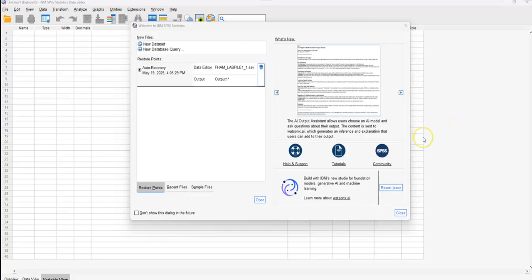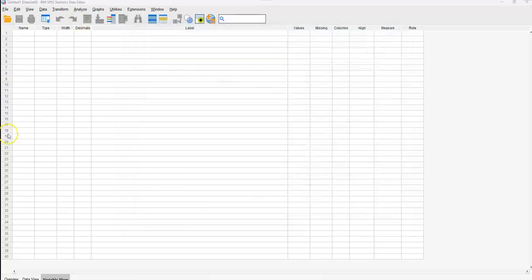So this is a quick video on the basics of SPSS. When you first open IBM SPSS, you get this kind of screen where you can do things like open new files or new queries. There's an AI output assistant and help and support and whatnot. Usually I close this box and I work out of this main screen, which, if you notice, looks a